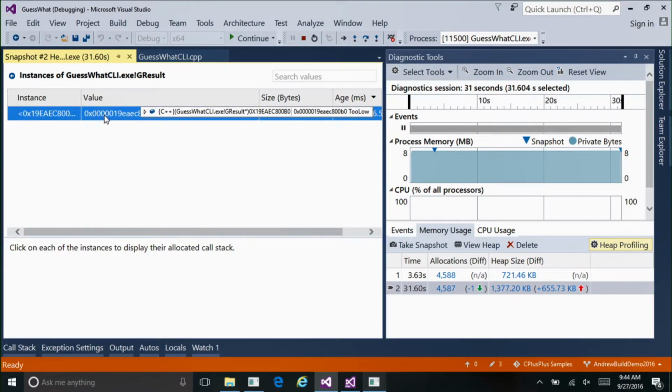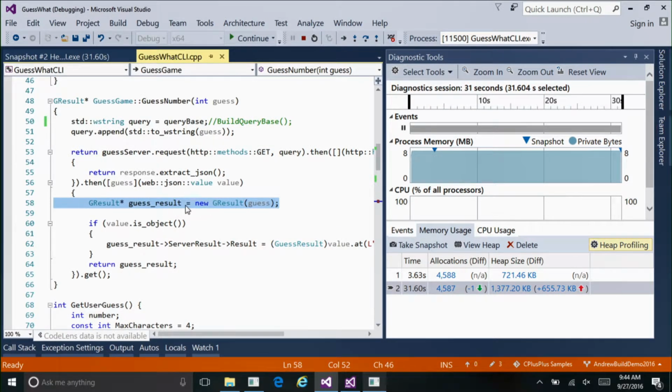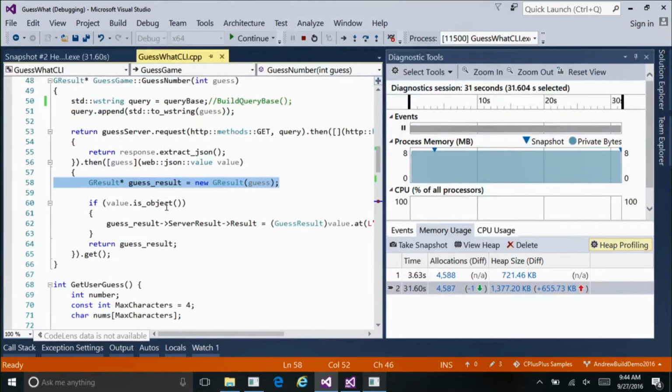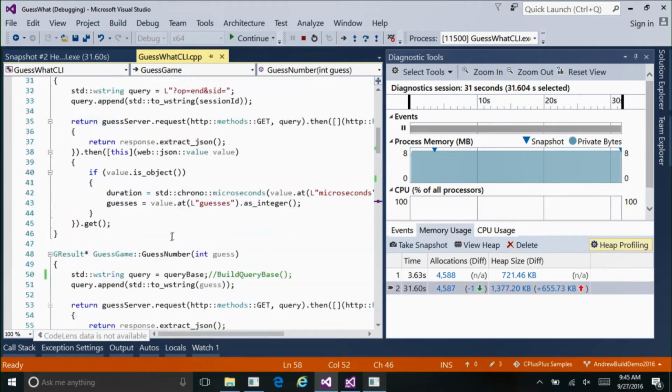So when I right-click on this, I'm clued into this is my issue. I can right-click and go to the source code to see exactly what line of code is allocating this. And as I scan through this, I can see that guess result here is allocated, but never returned. Nope. What I can see here is that guess result is being returned, and it's being passed up the call stack. So back in my game loop,